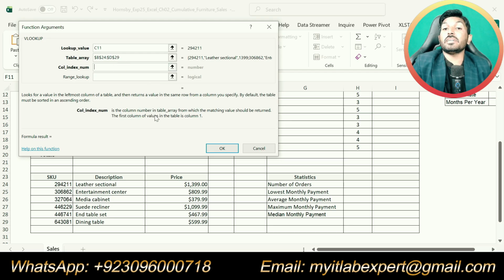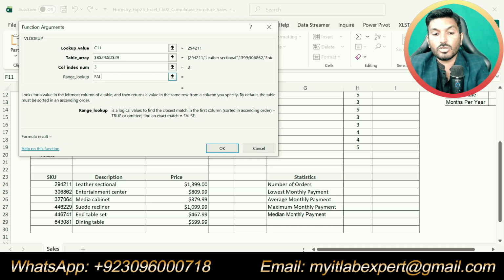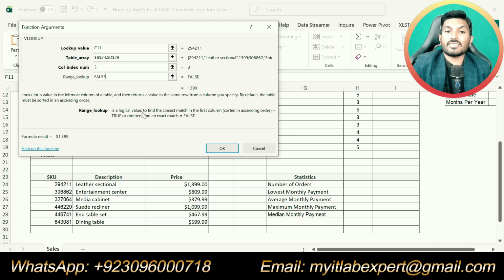Now our column index is column 3 in this table array: column 1, column 2 and column 3. So we will use 3 because the price is given in column 3 of this selected range. The range lookup will be again FALSE because we are supposed to use an exact match.